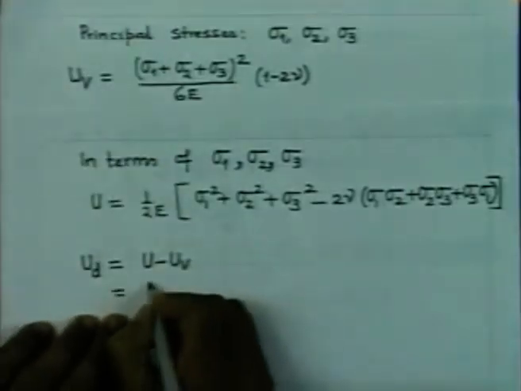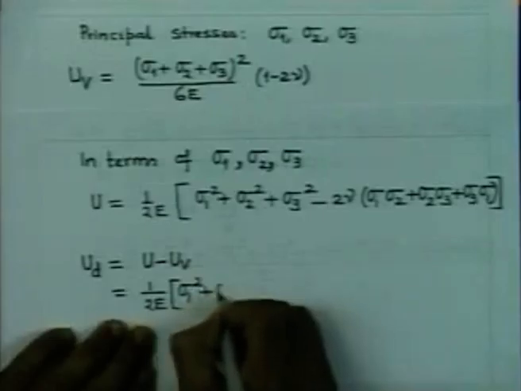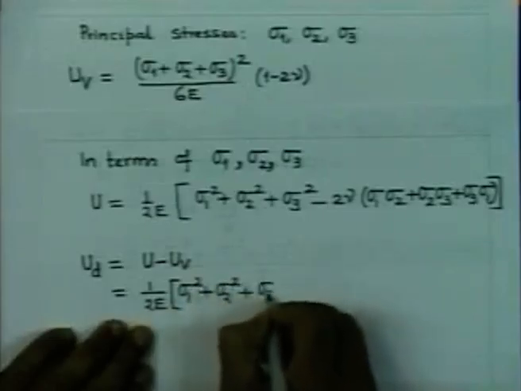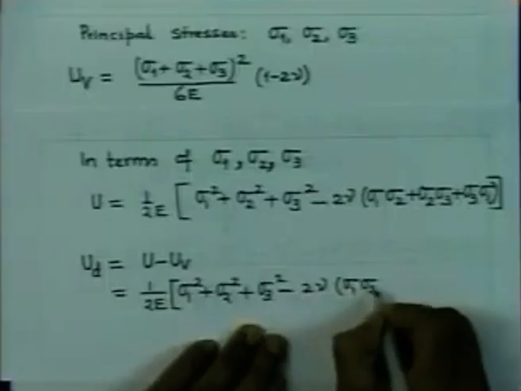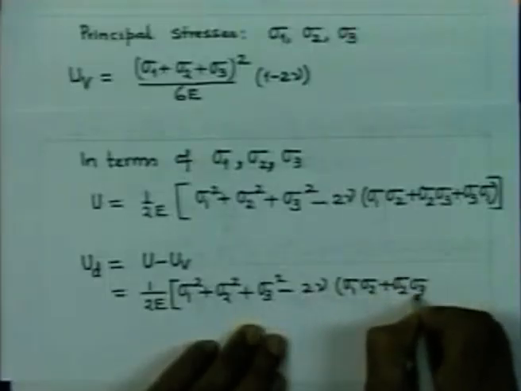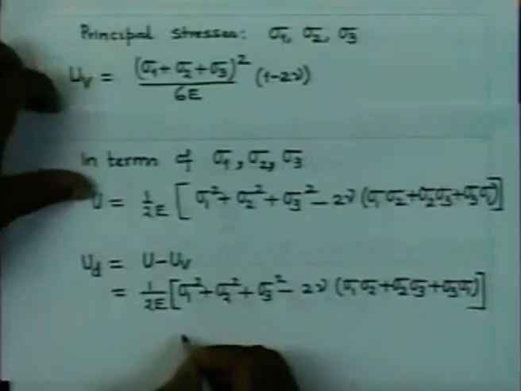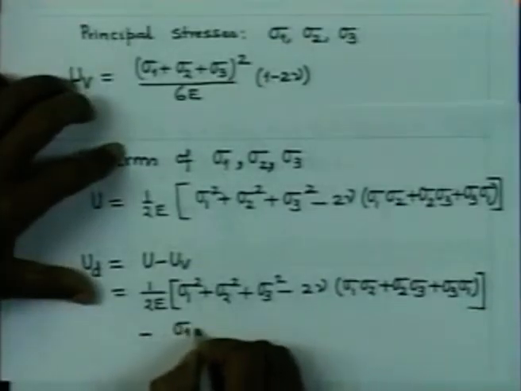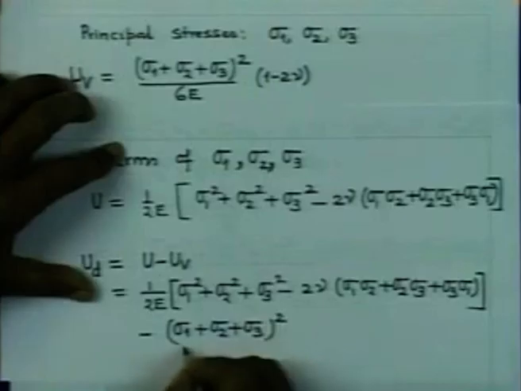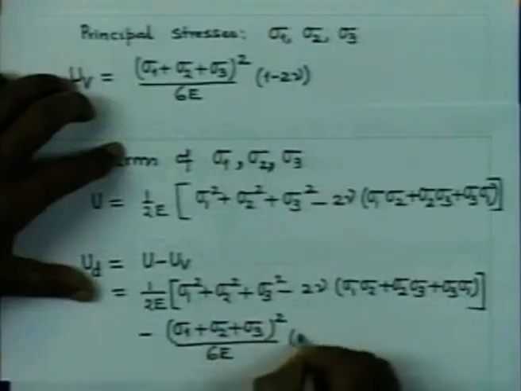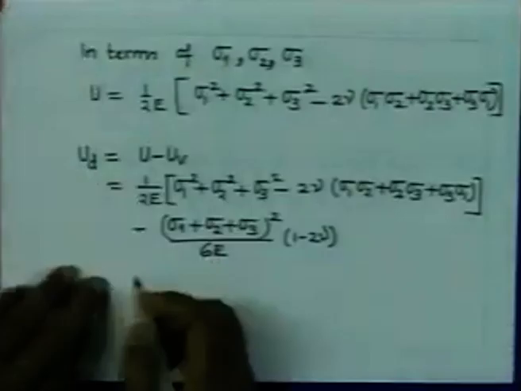and this is going to be 1 by 2E [sigma 1 square plus sigma 2 square plus sigma 3 square minus 2 times (sigma 1 sigma 2 plus sigma 2 sigma 3 plus sigma 3 sigma 1)] minus (sigma 1 plus sigma 2 plus sigma 3) whole square by 6E times (1 minus 2 nu), and if you simplify this, this comes out to be